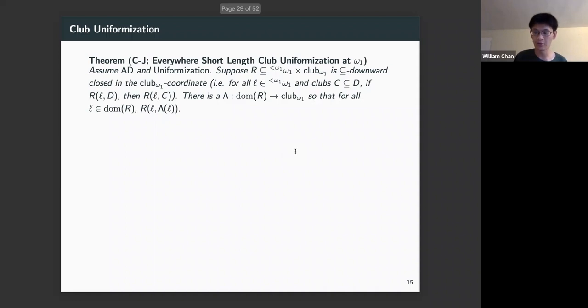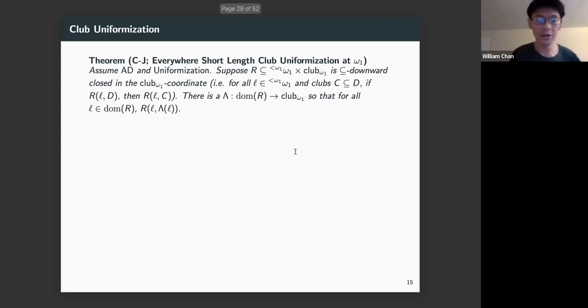Now the next thing we want to do is talk about these functions from the strong partition cardinal back on the strong partition space back into the strong partition cardinal. It turns out that there's a sort of club uniformization principle that's very useful for combinatorics on strong partition cardinals. Essentially, this uniformization principle gives you the ability to select a homogeneous set out of a family of clubs which are indexed by bounded sequences.